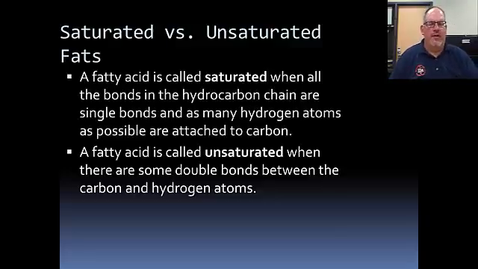Animals make saturated fats, so these are going to be sources usually like lard. In our body, we store everything in the form of saturated fats. It's all single bonds. It makes it very easy for us to break down the fat molecules back into things like sugar. Unsaturated fats come from plant sources. If you get a fat from a plant source, it's always going to be unsaturated. And that's because while the plant does use it for an energy source, it also uses these unsaturated fats as a structural backbone for the plant. So plants have these unsaturated fats because with that double bond, it helps to give some rigidity and some structure to the plant.